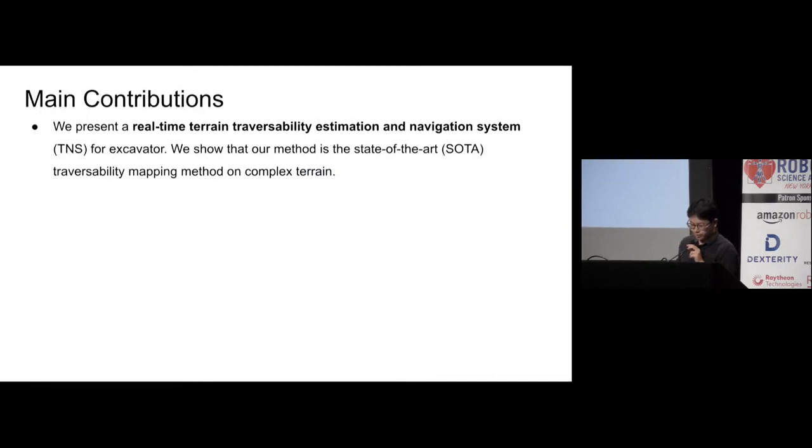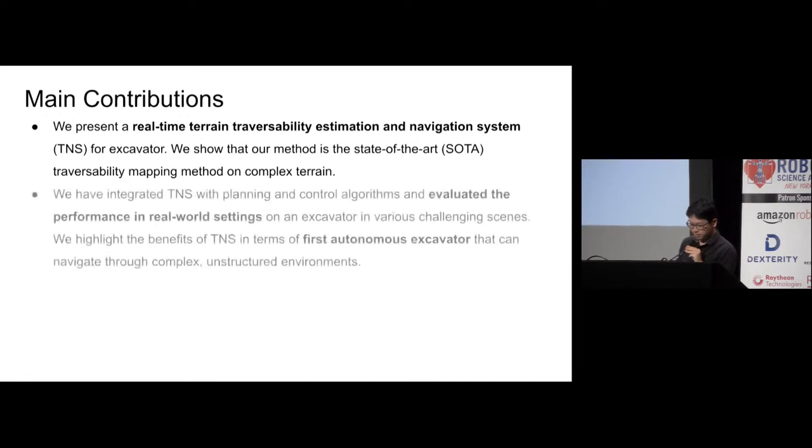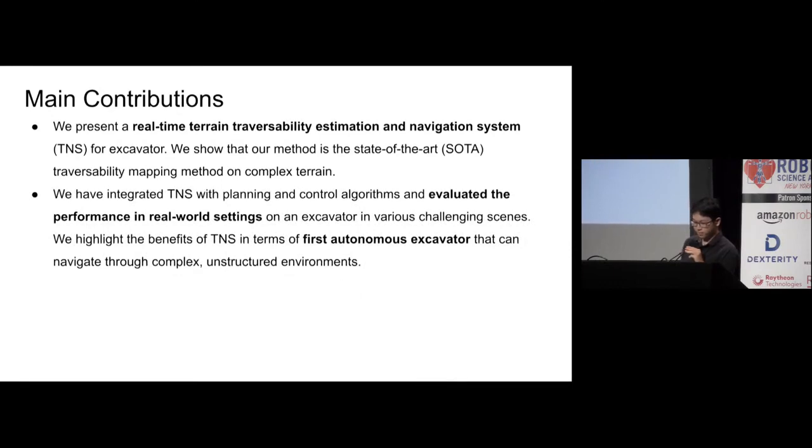So we present a real-time terrain traversability estimation and navigation system, TNS, for excavators. We show that our method is the state-of-the-art method on traversability mapping in complex environments. We have integrated TNS with planning and control algorithms and evaluated the performance in a real-world setting on an excavator in various challenging settings. We highlight the benefit of TNS in terms of the first autonomous excavator that can navigate through